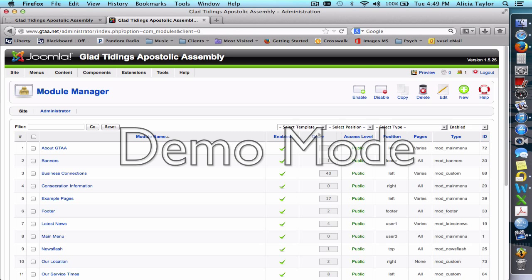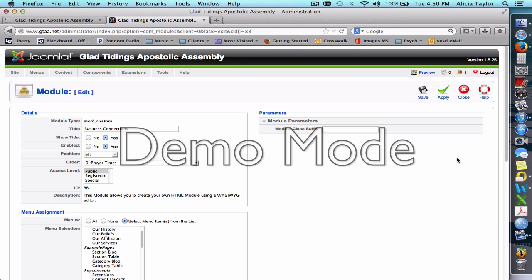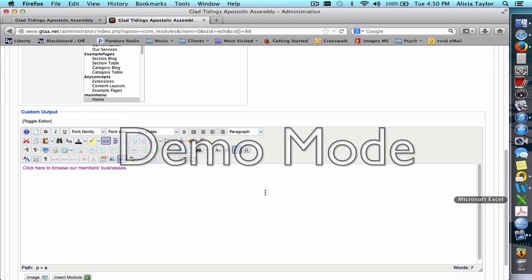The other thing that I'd like to show you is, for example, in business connections. Now on the front side of the page, this is business connections, and it's actually a link. You can create a link anywhere. You can create a link in a page. In this case it's in a module where it's custom information. And so you'll see that here, for this text, there's a little link. It looks like a chain link, and when you click on it or roll your mouse over it, it says insert edit link. And so if I click on it,